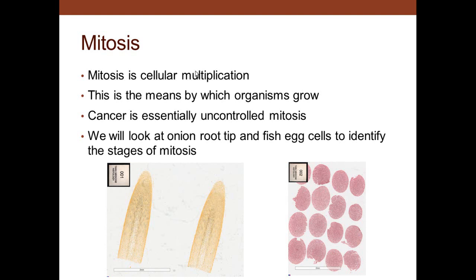This is what happens in the beginning of spermatogenesis and the beginning of oogenesis, and then somatic cells of the body have mitosis. This is the way organisms grow. Cancer is essentially uncontrolled mitosis. So cancer is not a new thing, it's the same thing, it's just out of control growth. We will look at the onion tip of an onion root and also some fish eggs to identify the stages